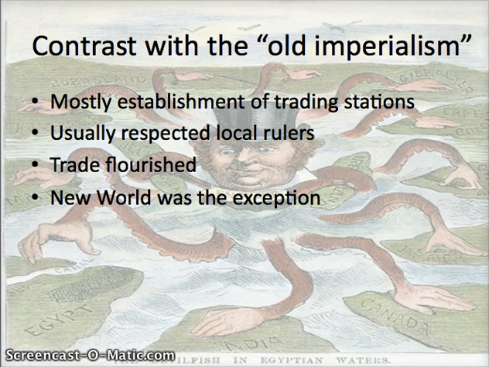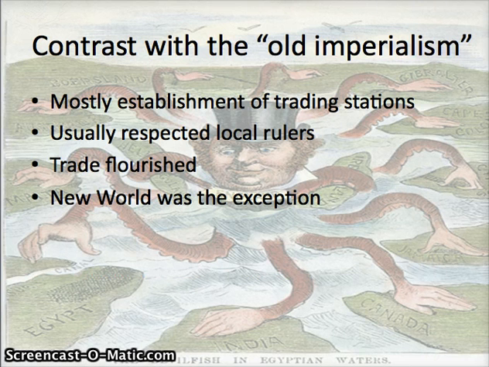There's one major exception to this, however, and that is the New World. If we're thinking about the Americas, think about Spain first. Spain establishes a huge empire in Central and South America, and it also lays claim to portions of land in Western North America, so California, Texas, Utah, New Mexico, and so on. Spain is not only trading in these areas, but living in them, ruling over them, and conquering the previous people that lived there.